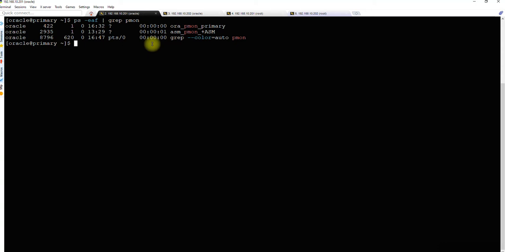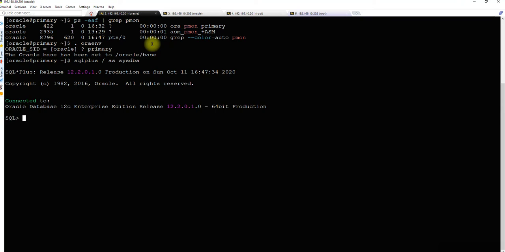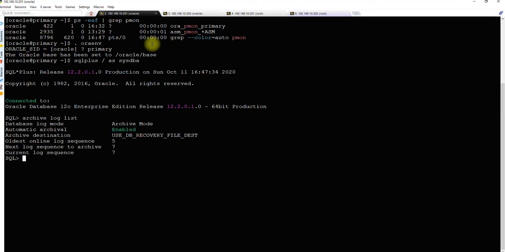The primary database is up. We'll set the environment to the primary, then SQL*Plus / as sysdba, and run archive log list to check the archiving. Archiving is enabled.